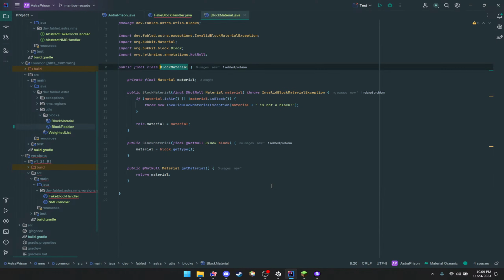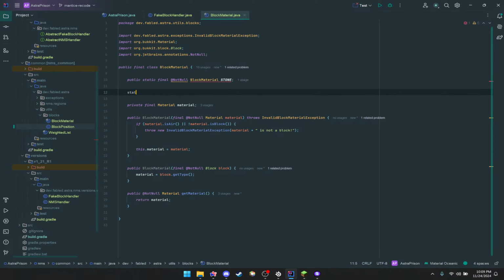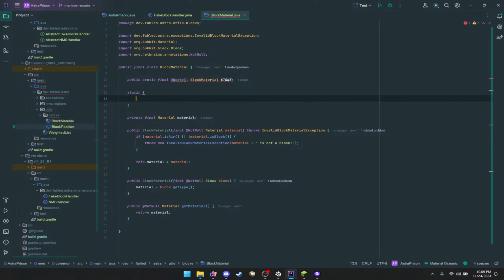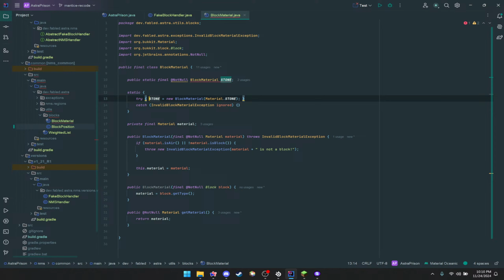And we'll go into block material and we'll create our public static final, not null, block material stone, right? It'll act like it, except it won't be. Stone equals new block material dot stone. And we'll put it in try catch. No, block material exception ignored. It shouldn't throw it because stone is